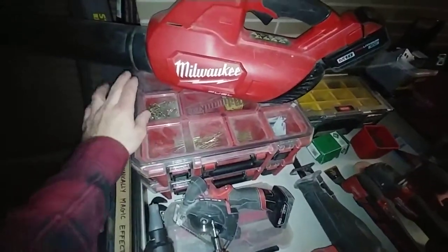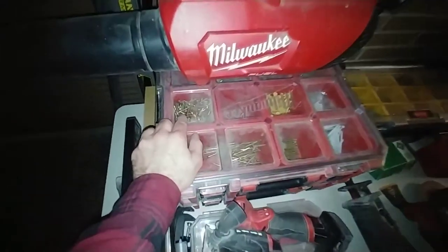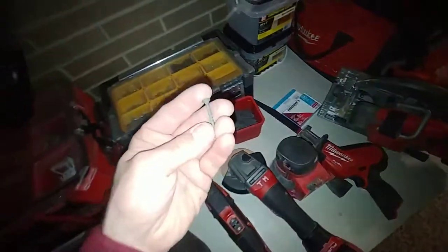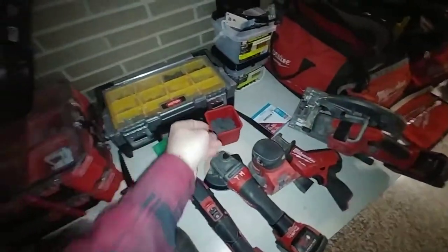All my different length framing screws were inside, so I almost always use the cadmium or the bright finish. I don't need coated deck screws or anything that's more expensive, but they're always T25 Torx. I don't mess around with any Phillips drive anymore, except for drywall screws, which is what we use to put the Luan on everything, which is our skin. And that's because